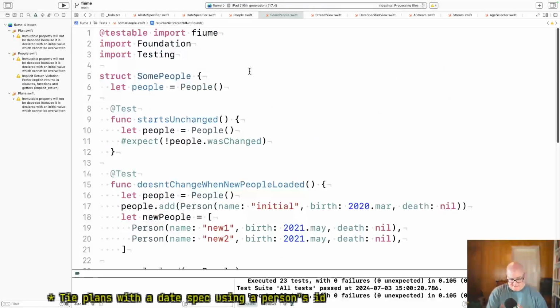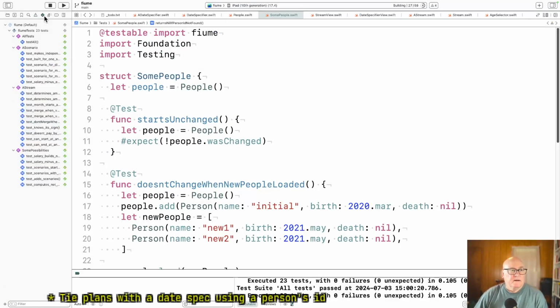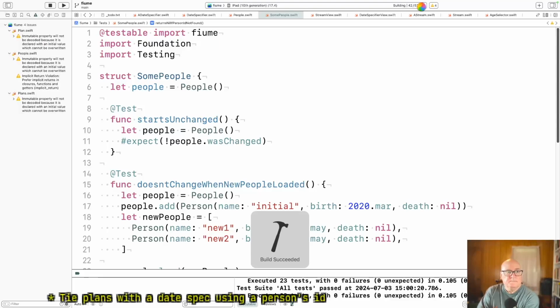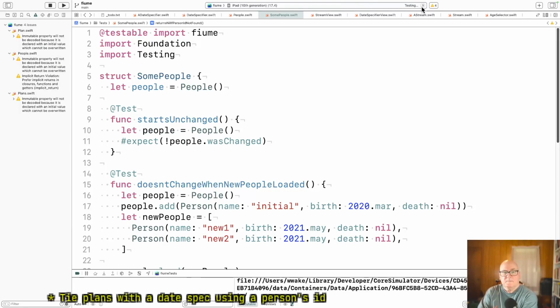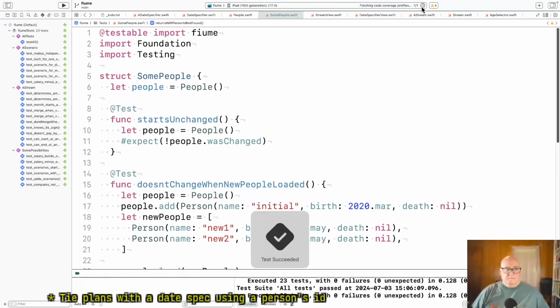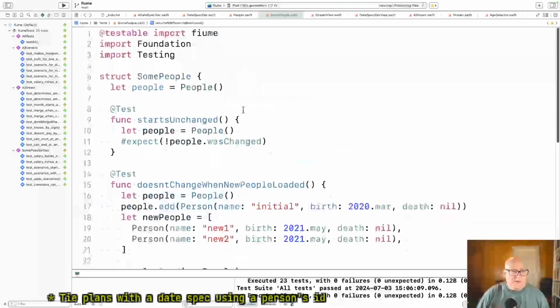Did I not run tests? Okay. And then, all right, we're at a point, so let's refactor this a little bit.